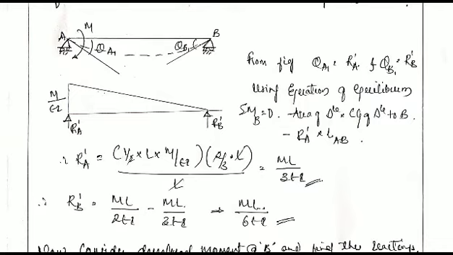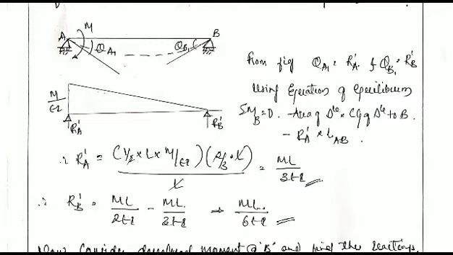So taking the summation of moments about A or B equals 0, from the diagram we can see, taking moment at B equals 0, the area of the triangle into the CG of the triangle towards B, that is acting in the downward direction, that is anticlockwise. So it is minus plus of the reaction at A, that is RA dash, into the span between AB, which is L here. So we can write it like this.